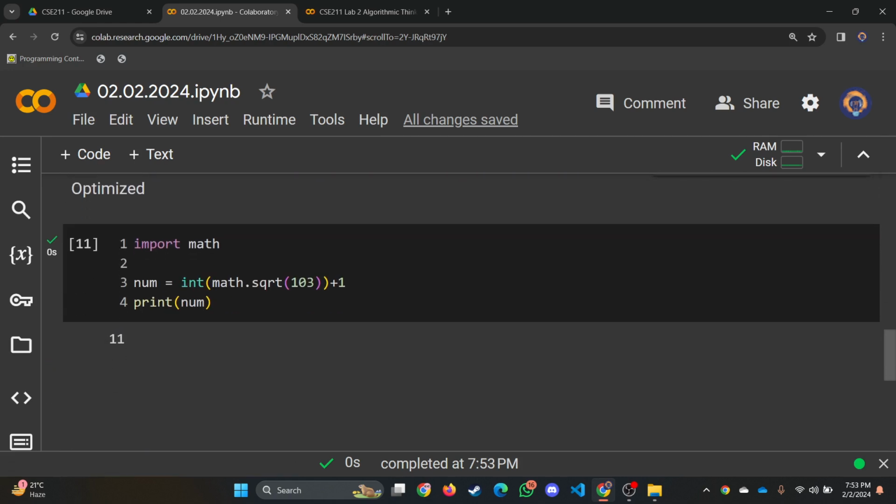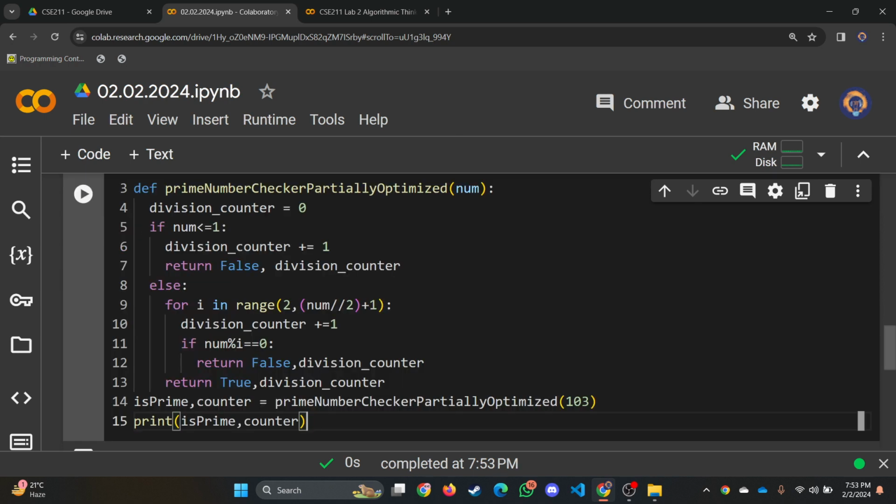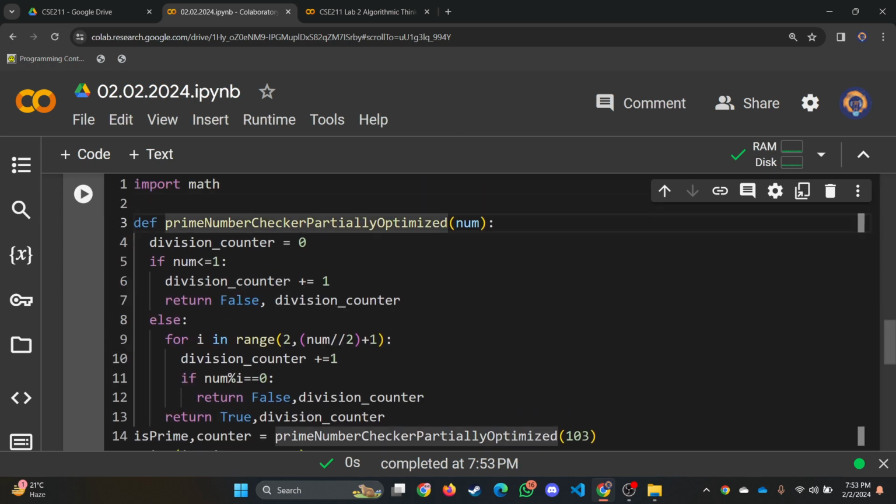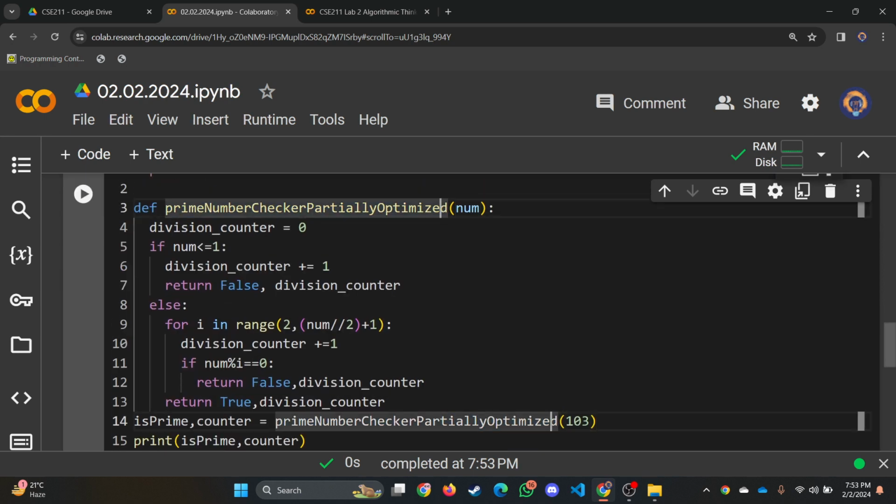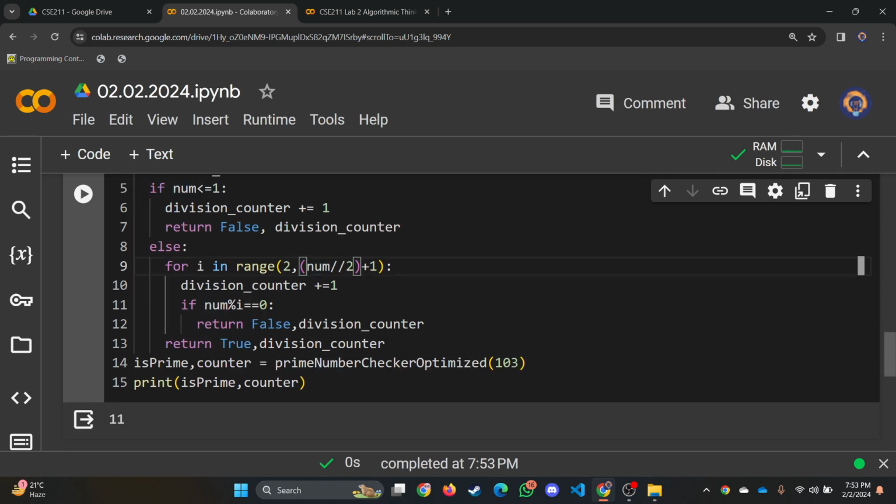Let us copy this. And here, let us do prime check partially optimized. We will change it to optimize. So this is the best solution for this problem. Prime checker. Okay. The user will give us a number. We will check if it is less than or equal to 1. And inside this, what we will do, we will basically